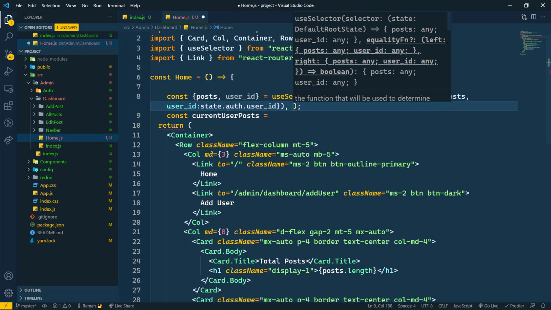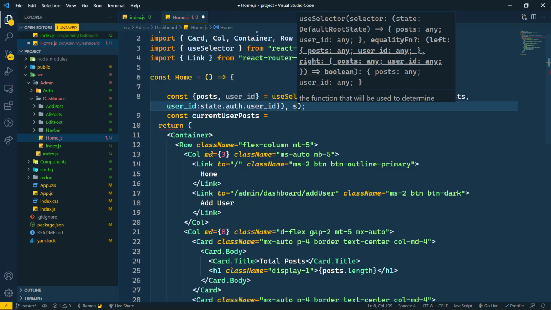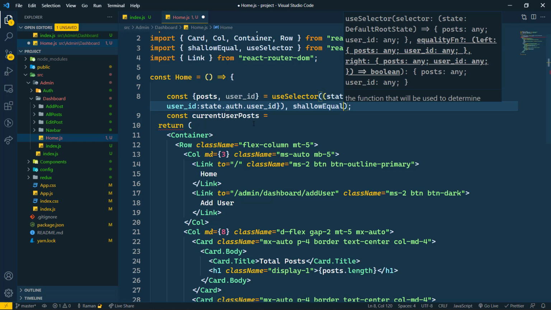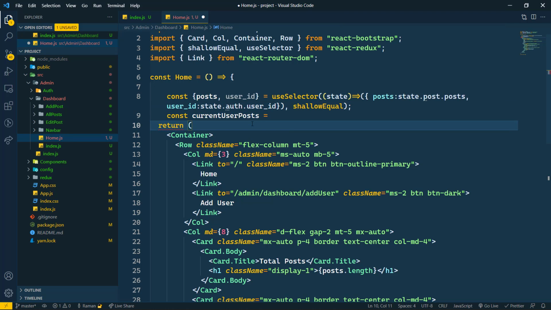And we need shallow equal also. So I'm going to write shallow equal, and it is imported from React Redux only.